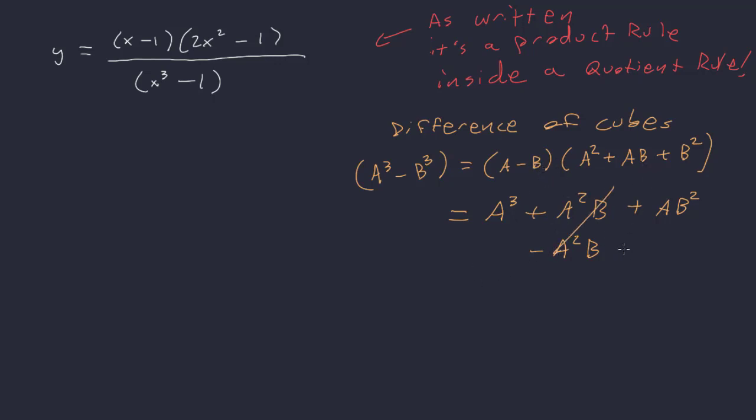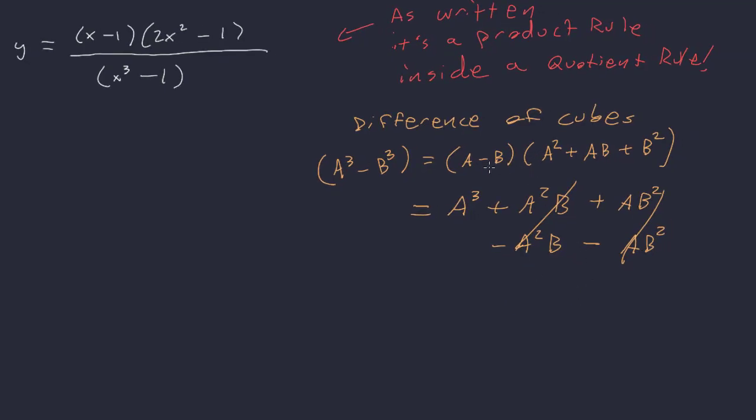Then minus ab squared, so these two cancel. And then finally, the negative b times the b squared is negative b cubed. Right, so that's how a cubed minus b cubed factors. And if there's a plus there, all you do is change the middle signs. Okay, so this is actually going to factor,